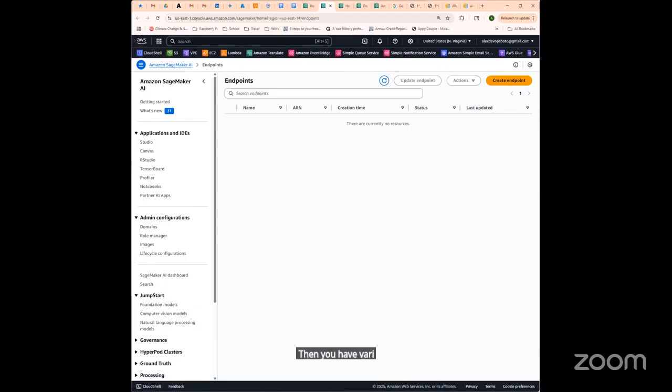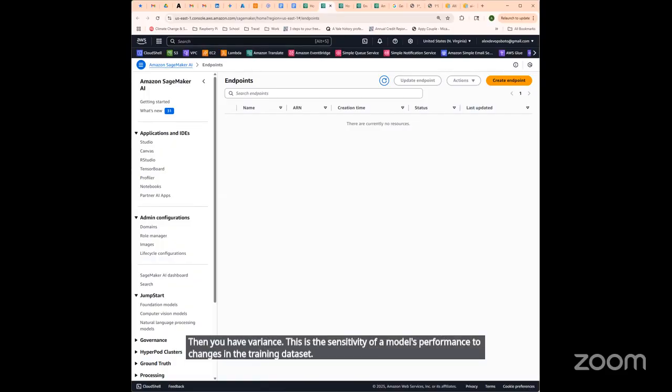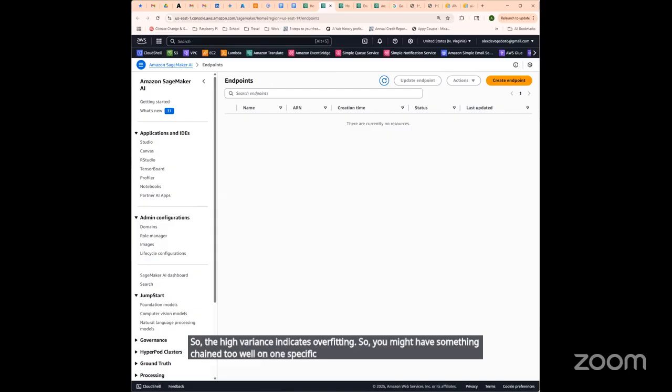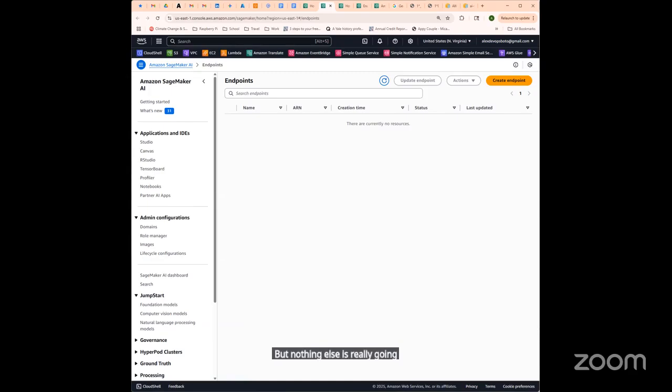This is the sensitivity of a model's performance to changes in the training data set. So, the high variance indicates overfitting. So you might have something trained too well on one specific domain within, say, IT, but it's not trained well on other things. Or in cooking, it might be trained extremely well on eggs, but nothing else is really going to enter its lexicon of knowledge.